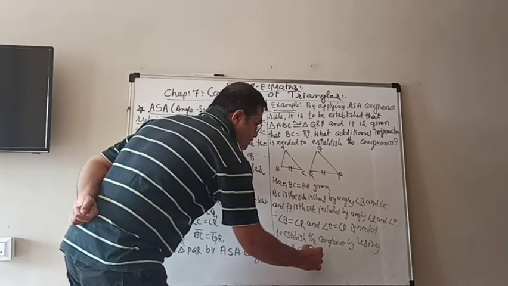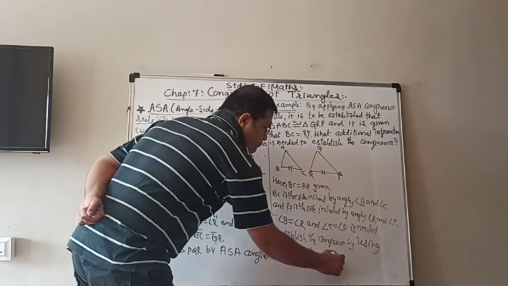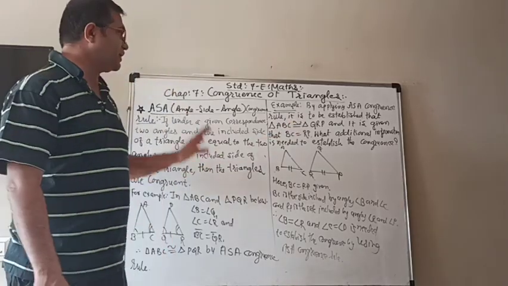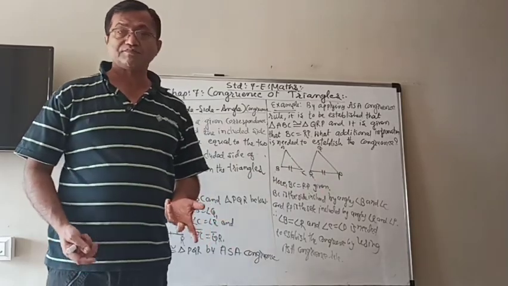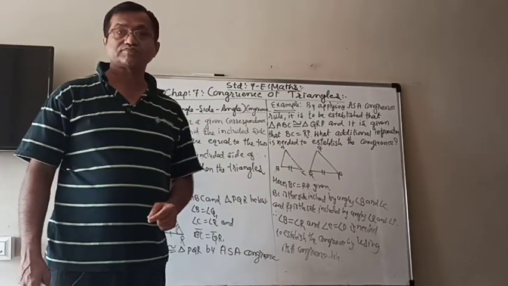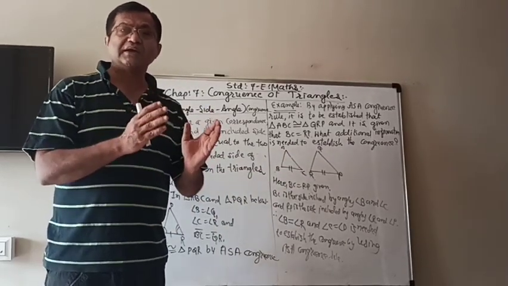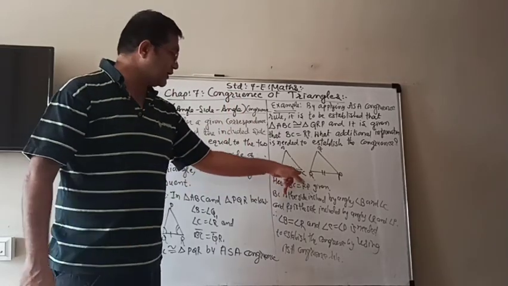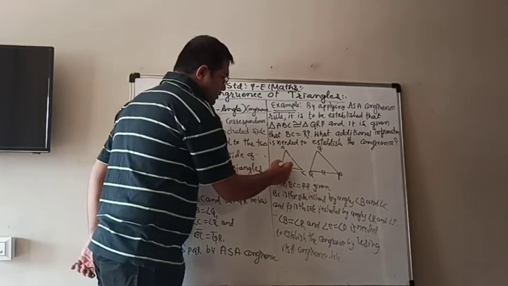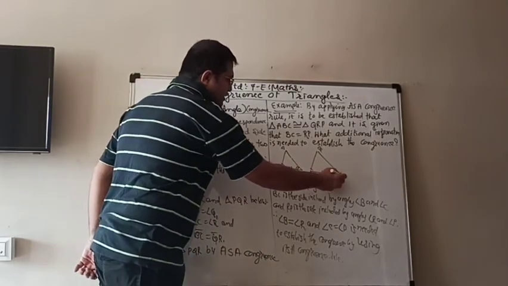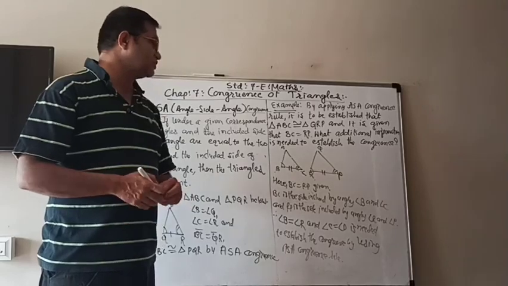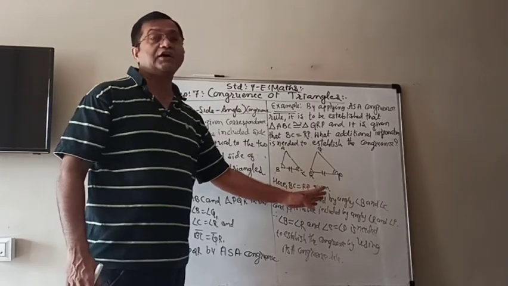So here, as I told you, if the rule is in your mind, then you can easily do that. Here the side is given, but the two angles are not there. So you cannot take any two angles. The side given must be the included side between the angles, and therefore we have to take only those two. So angle B will be equal to angle R, and angle C must be equal to angle P. This information is needed so that we can establish the congruence by the ASA rule.